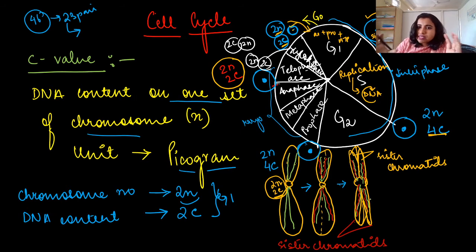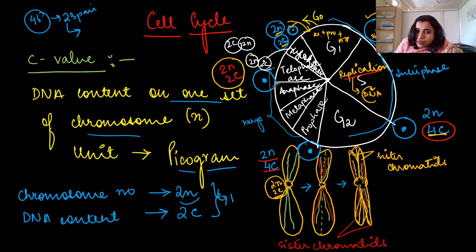So this is all about the cell cycle. Whenever a cell enters G1 phase, it is smaller in size and the chromosome number is 2N and DNA content is 2C. After G1, you can see cell size increases, but the DNA content and chromosome number remain the same. In the S phase, as replication takes place, DNA content changes from 2C to 4C, right? After S phase, in G2 phase there is no division of nucleus, so no division of sister chromatids. The chromosome number will remain 2N, but the DNA content will be 4C.